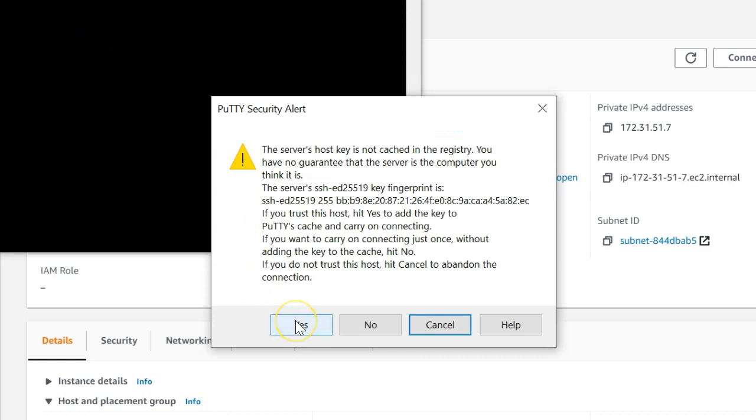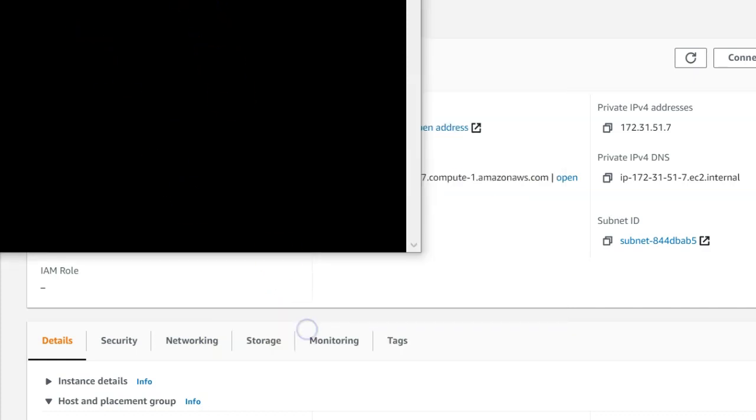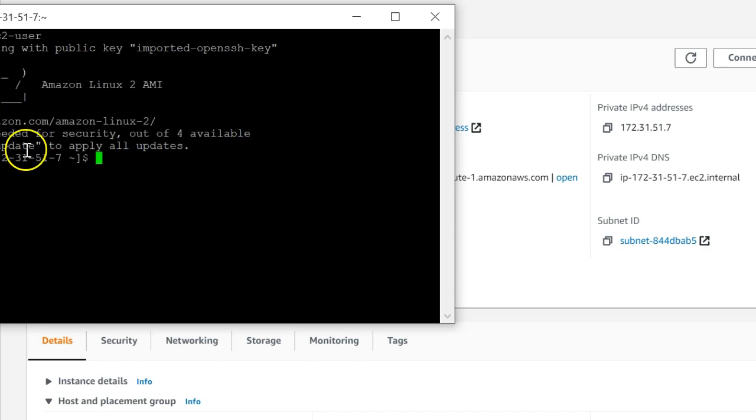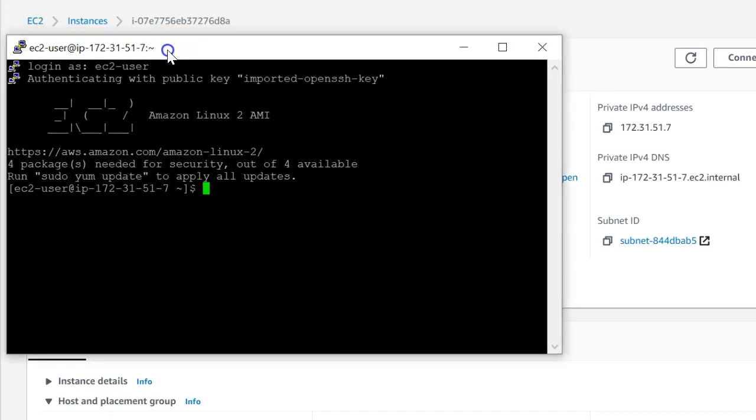Come into PuTTY, then click on yes, and here the default username would be ec2-user. Now we are connected to our EC2 instance, and now what you have to do is install httpd, that's our web server on Linux. Let's go to yum install httpd,